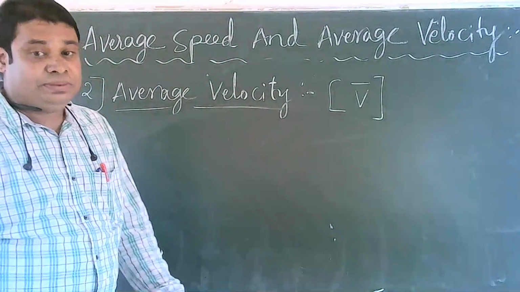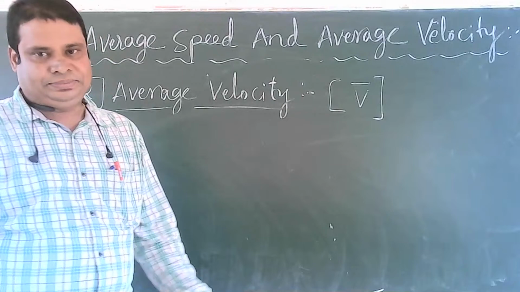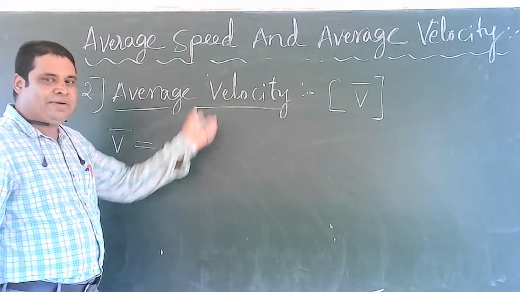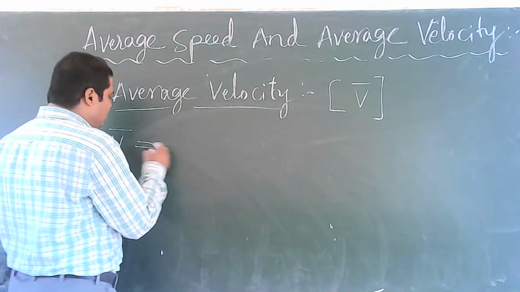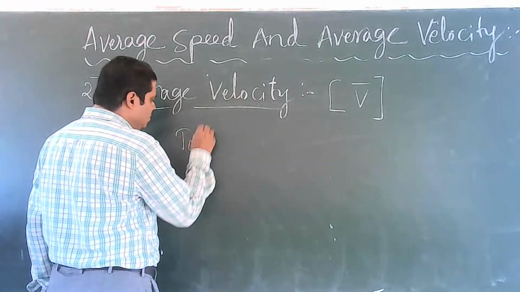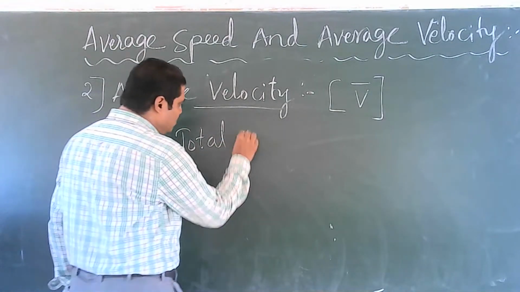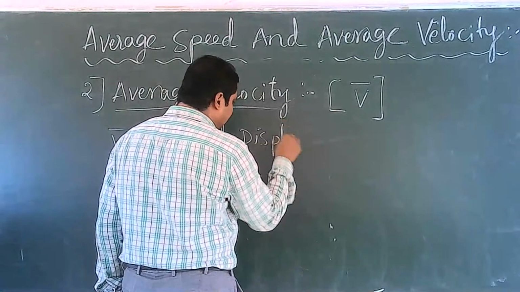V bar represents average velocity. I am writing this average velocity in similar fashion as in the earlier case, as total, not path length, total displacement